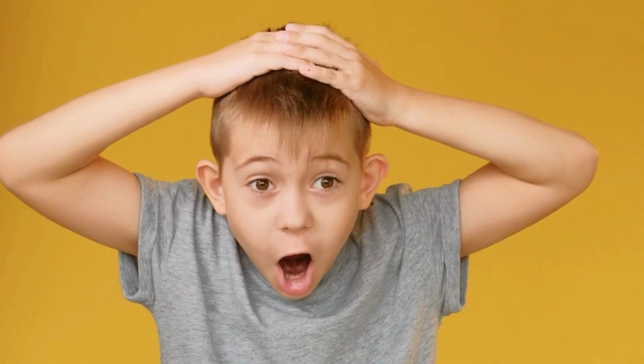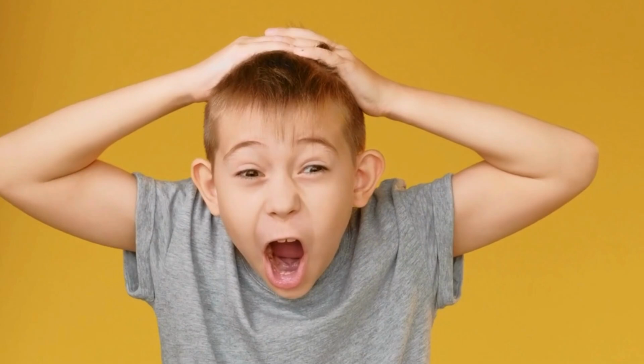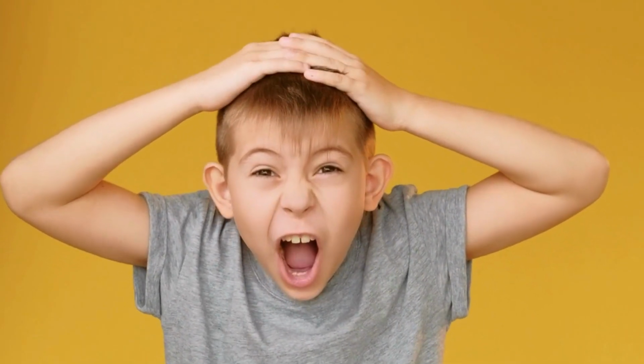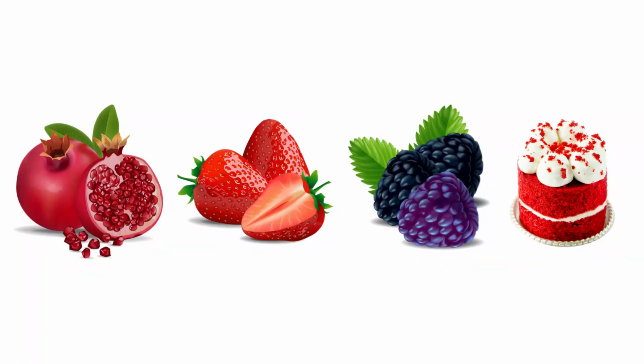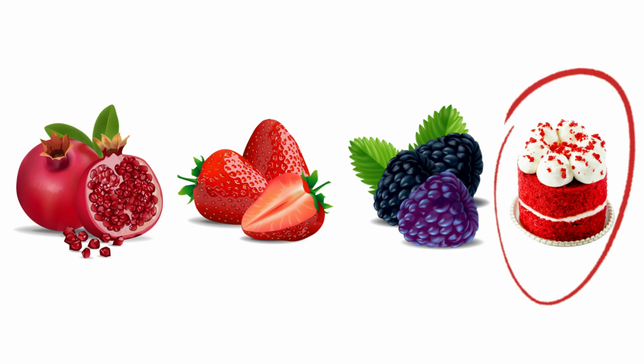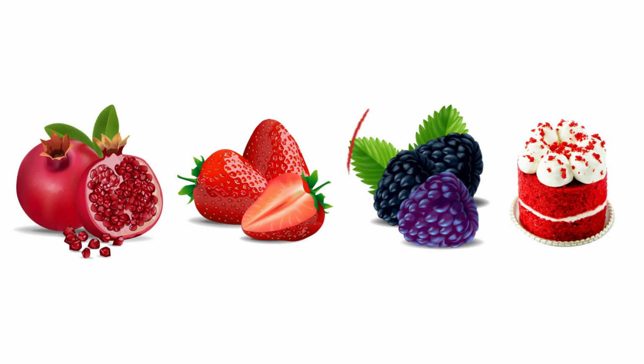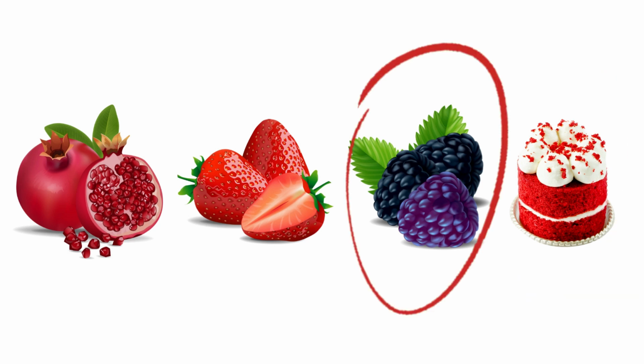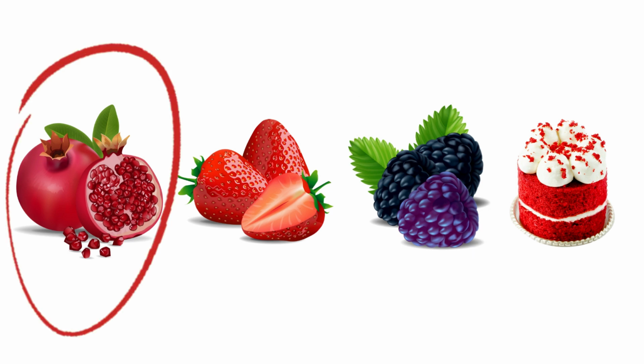Number 2. Finding the answer to what doesn't belong shouldn't leave the child frustrated or confused. If one looks at this challenge, we might say the cake doesn't belong since it is not a fruit. Equally right, we could say that the blackberries don't belong since they aren't red. Or the pomegranate doesn't belong since it has an inedible peel. When there are multiple ways to answer the question, but only one is acceptable, the result can be a recipe